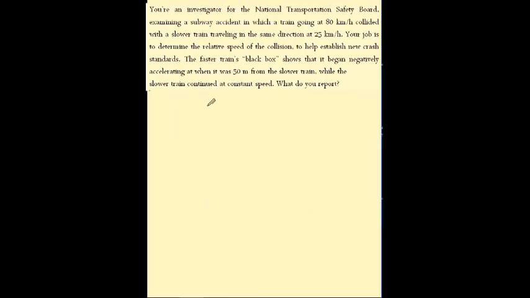In order to find the velocity, we can use the equation of constant acceleration: Vf squared is equal to V0 squared plus 2a times x minus x0. Vf we need to find. V0 is simply 80